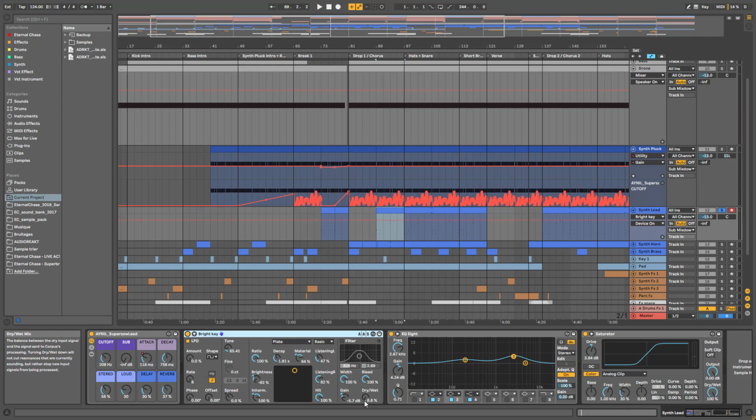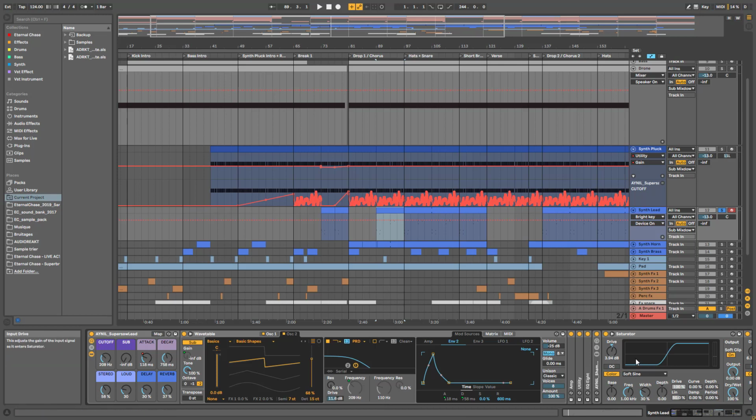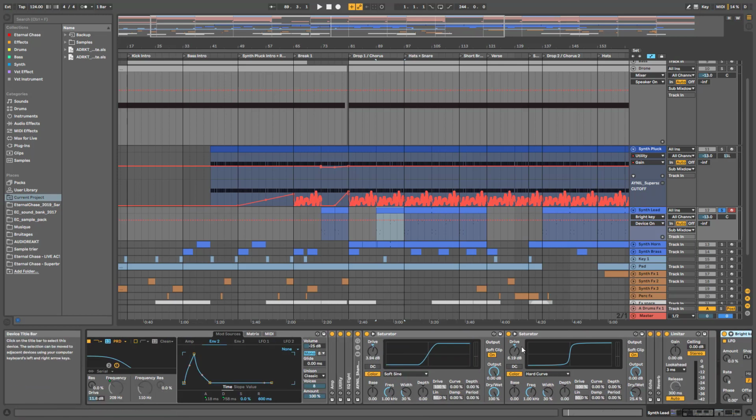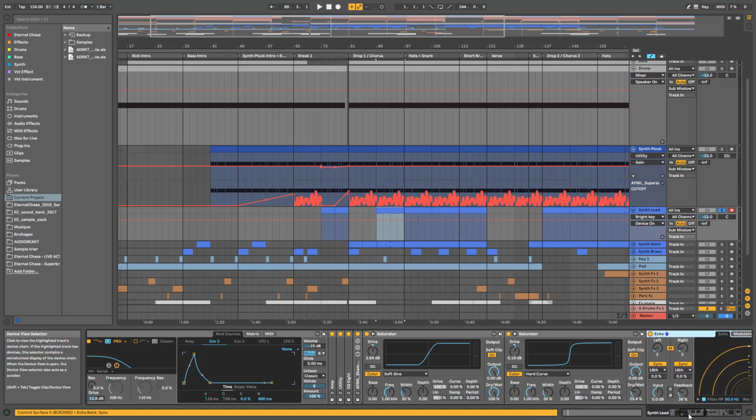Here I put a little bit more white signals because this is the main lead, so I really want it to be in your face. And even here with the saturator. Yes, another thing I modified here in the rack is the drive, or the hard curve, which is a bit more present than the other one, and I probably changed the delay and reverb as well because